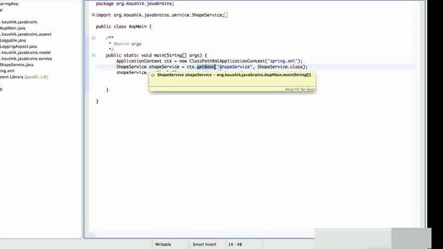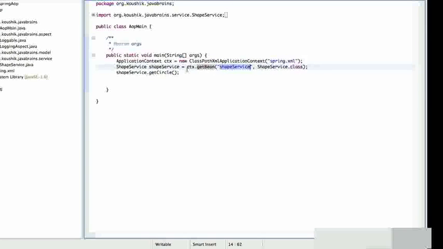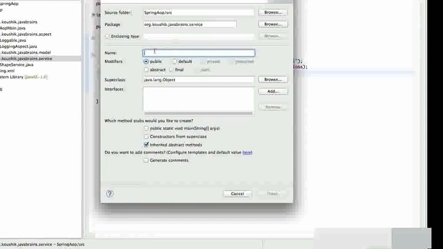Now let's say we have to implement a factory object. Now how would it work? What would we have to do to implement a getBean of our own factory service? Let's quickly try creating a factory service class. I'll call this factory service,